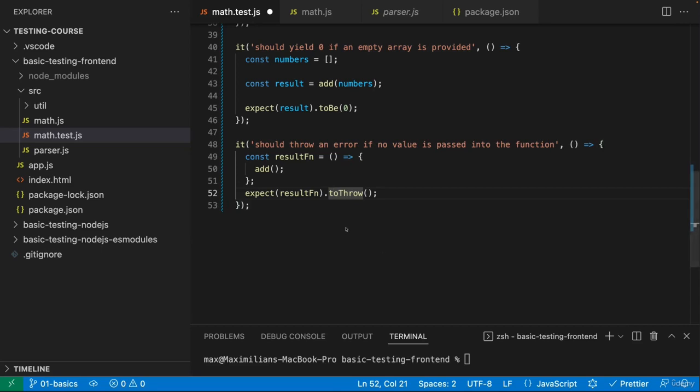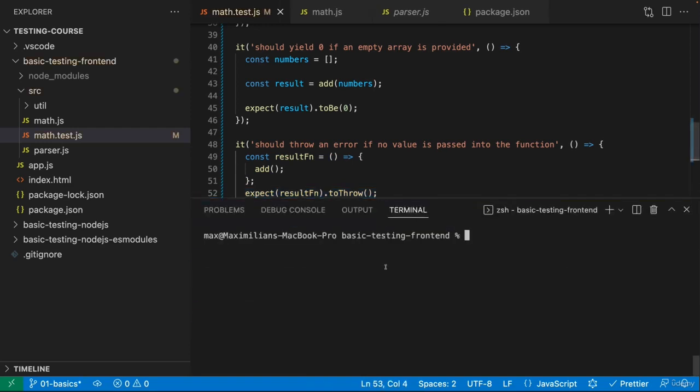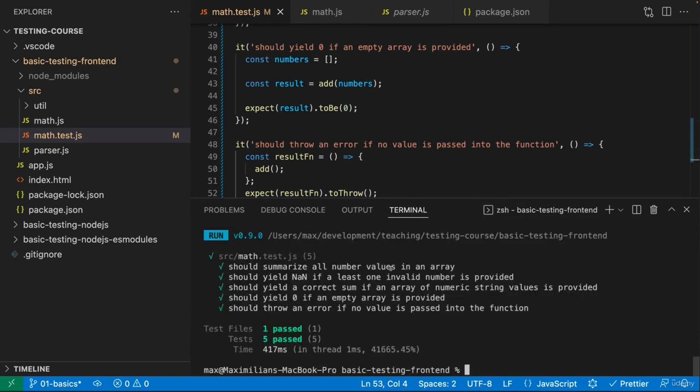And Jest supports a similar syntax. So by wrapping this code into a function, we can make sure that it's not executed immediately, but instead in combination with toThrow, which checks whether an error was thrown, this function stored in resultFn will be executed by Vitest when the test runs, and Vitest will check whether an error was thrown and then consider the test successful if an error was thrown or not successful if no error was thrown. Now with that, if we now run npm test, all tests pass